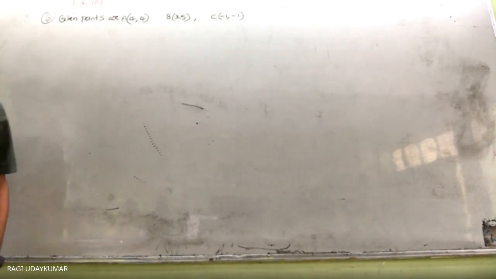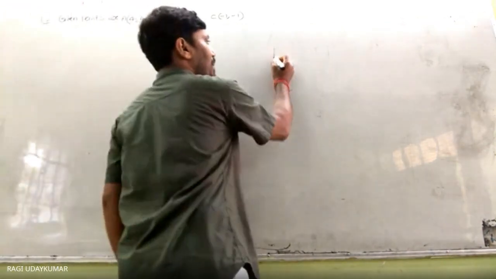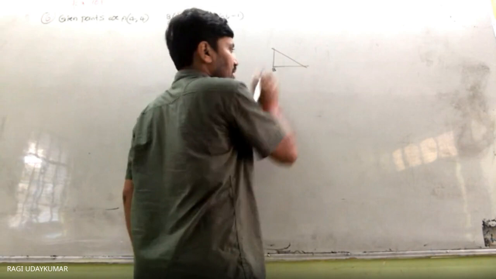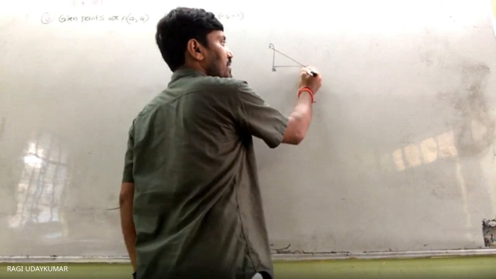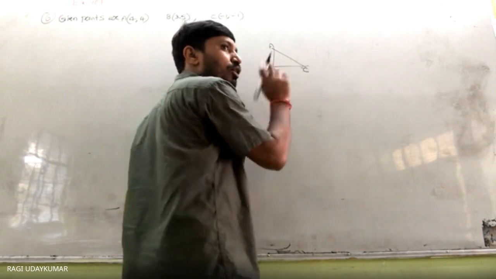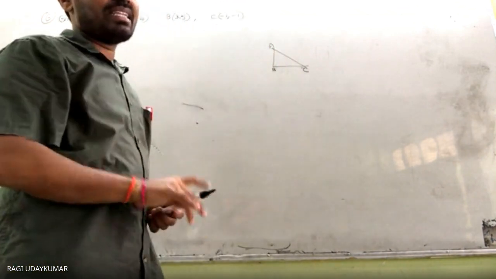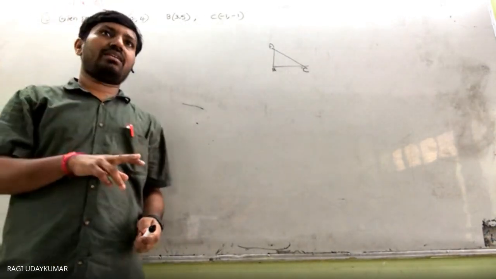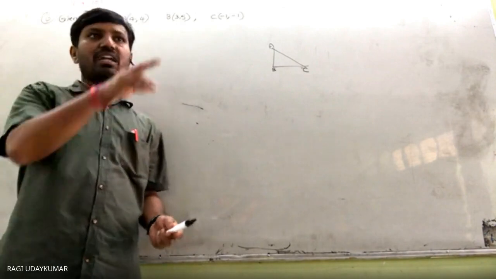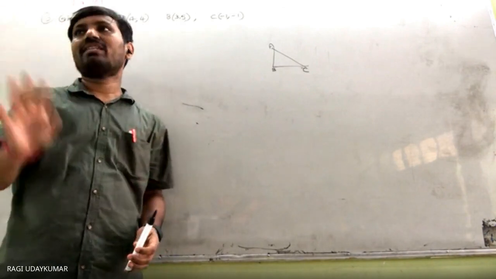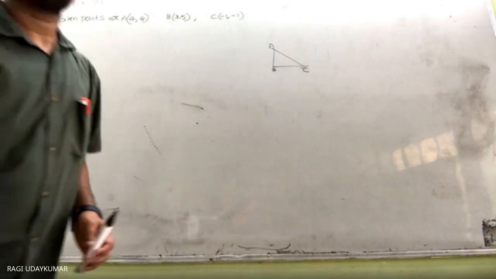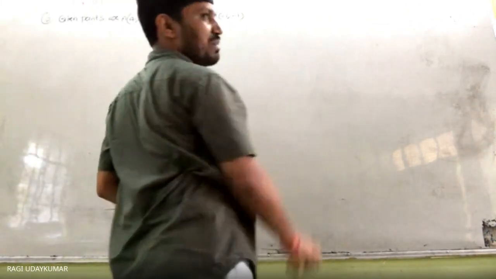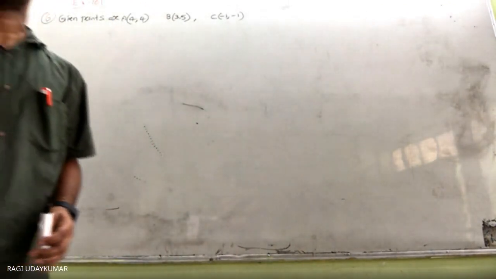So what to do here? Where it forms a right angle, we don't know. We need to find out the slope of the lines joining them because 3 points are there. If there is 90 degrees at B, then the slope of AB times the slope of BC will be -1. So the product of the slopes of the two line segments in a triangle should equal -1. What we need to do here to prove they form a right angle? The right angle may form at B or at C, we don't know.